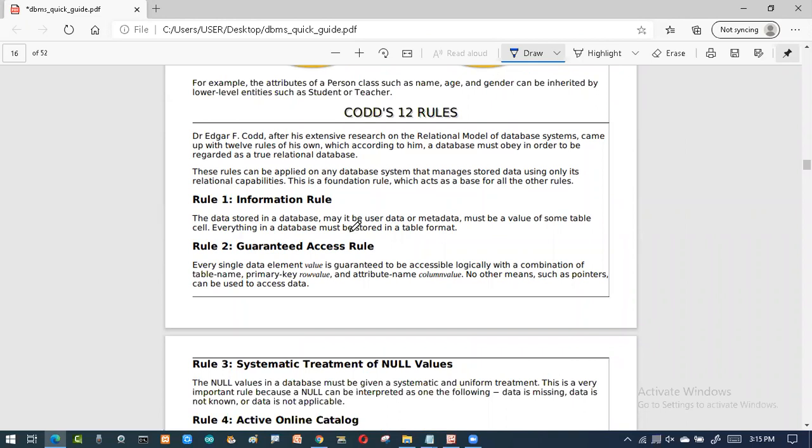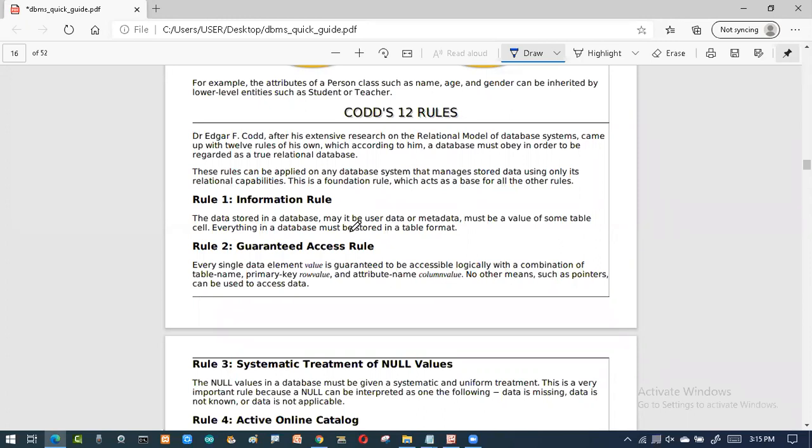Our next important topic: we are talking about the RDBMS, we are talking about the DBMS. Many times we have gone through this particular concept. I was telling that there is a person called E. F. Codd, who has given some 12 rules. If any software which you are using as a backend supports these, then only we call that a DBMS or an RDBMS.